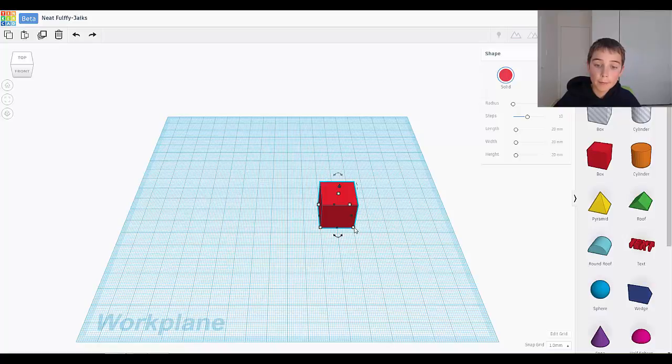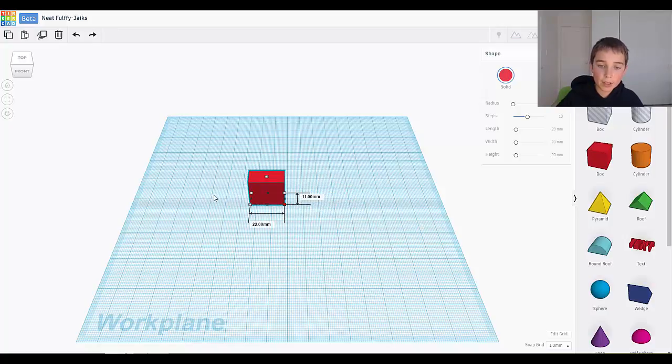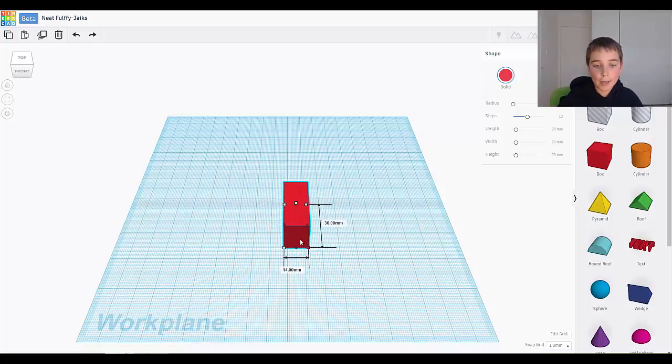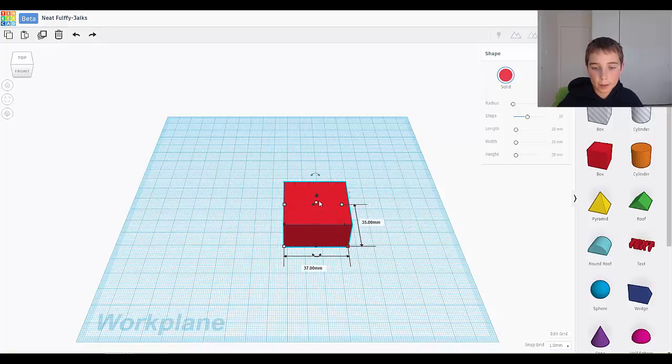So to manipulate the objects, to make them bigger and smaller, you just click on one of these squares, or you've got this triangle up top, which I'll get to in a second. When you click on it, so let's grab this one, it goes red, and then if you left click and hold it, you can pull it and it gets bigger and smaller depending on how you drag your mouse. So you can make it bigger, and as you can see there's one on top, so I can make it taller,